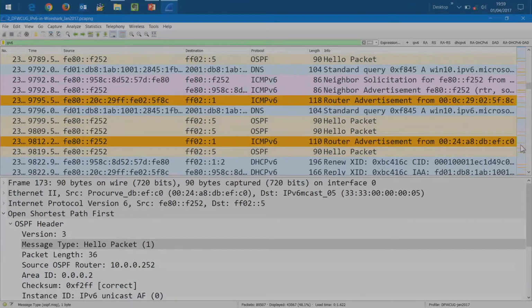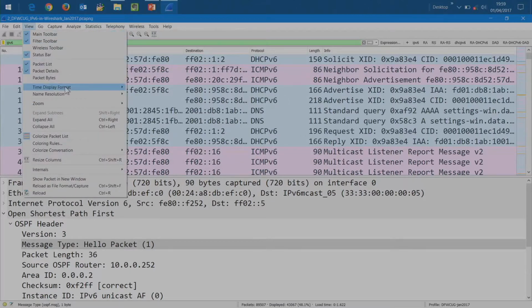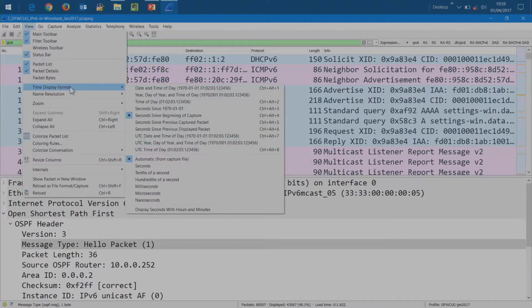There are some really handy, minor little things that can make a lot of difference in Wireshark usage. Let's just baseline all the V6 packets. I just wanted to play with some V6 work. So we turned off packet bytes. We created a profile. One of the things I typically do is change my time display to sometimes seconds, sometimes milliseconds, depending on the granular detail I'm trying to get to. And the only other thing I was doing is adding a delta time column.